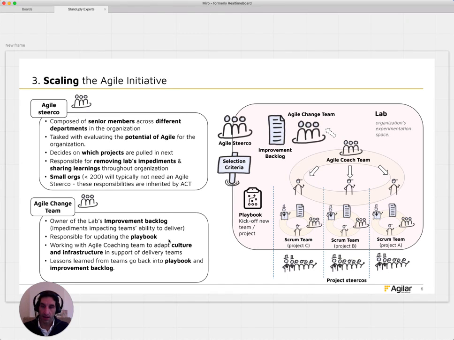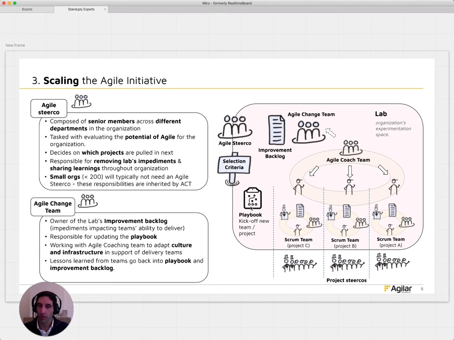And then they're going to have to be working with this team here to build this culture, right? And also ensuring that it's not only a culture, but the infrastructure, all the tools, the technical environment is in place in order to get this feedback loop as short as possible. And all of those learnings go into this playbook.